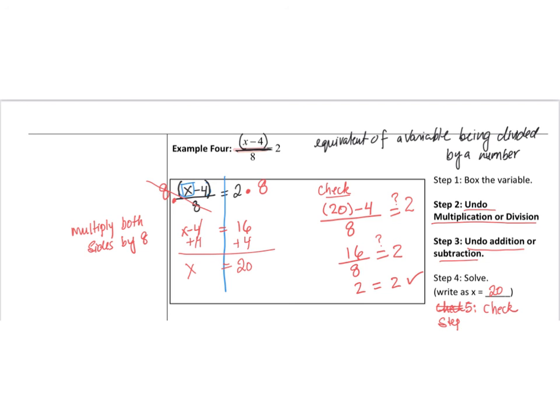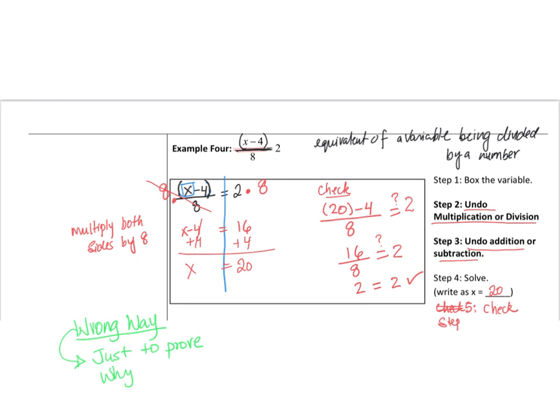Just to actually show you what would happen if we didn't do it in this manner, if we did it in the manner that we've been doing the previous problems, to see what would end up happening and how, when you do that, a check really helps you catch the error that you make. I am going to do it the wrong way. So this is going to be the wrong way that I'm showing you next. So this is just to prove